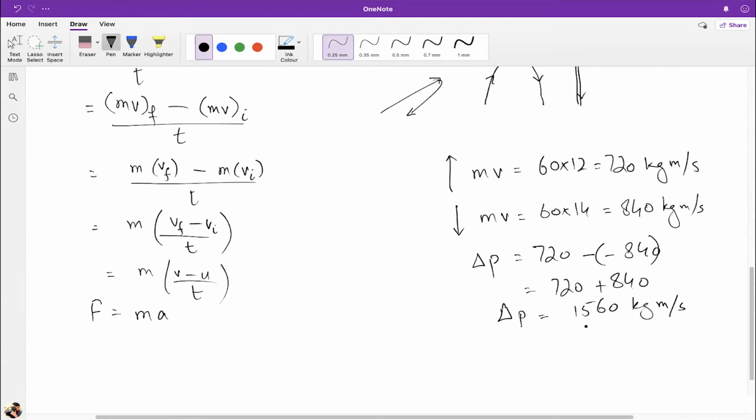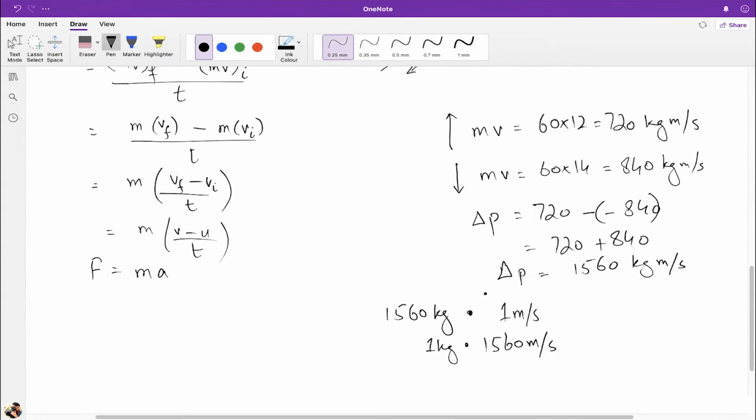How large a change? It's like something coming at 1 meter per second, but weighing 1560 kg, hitting you. That's how much impact your body might feel. Or a 1 kg thing hitting at 1560 meter per second. That is 5 times the speed of sound. Huge change, right? So the body will not withstand it, which is why we have a built-in natural process that we